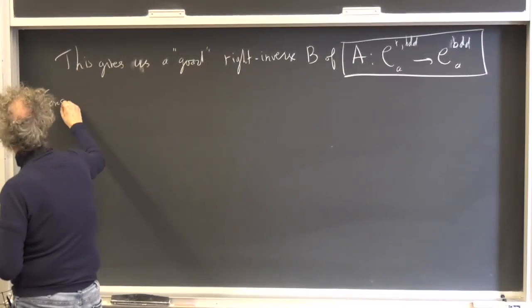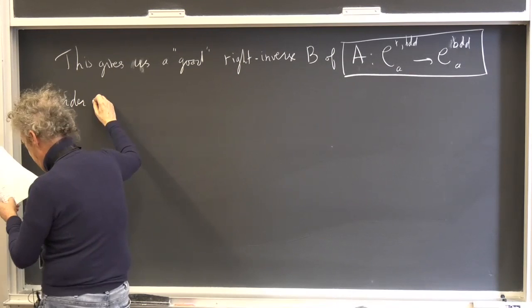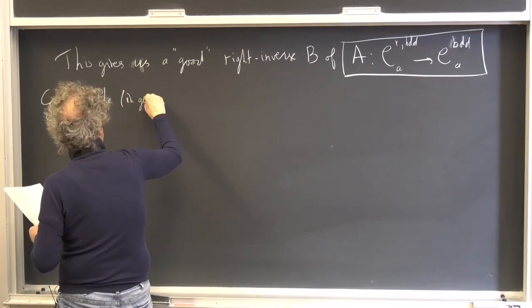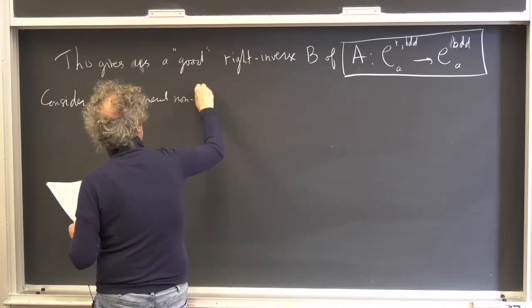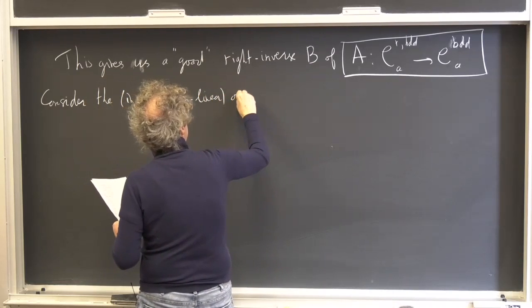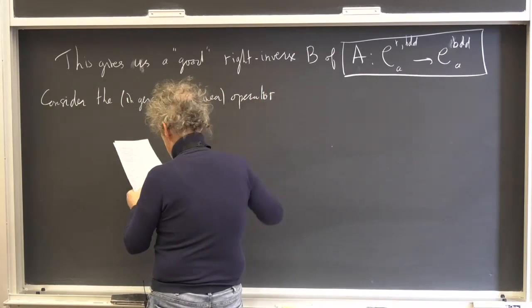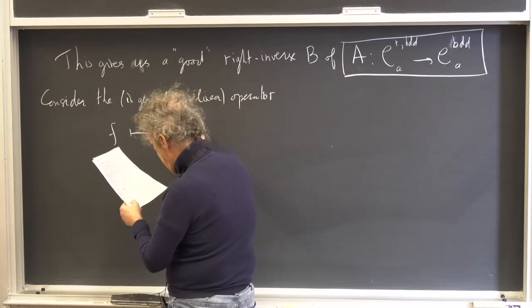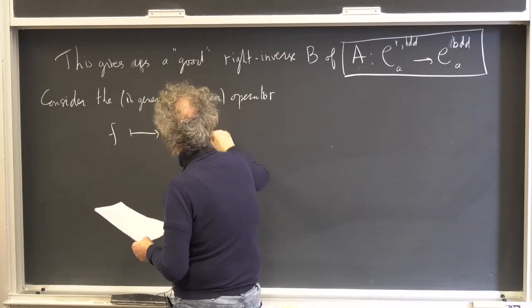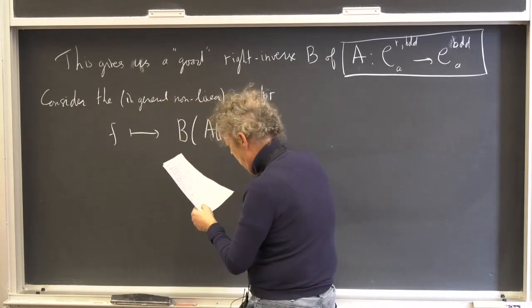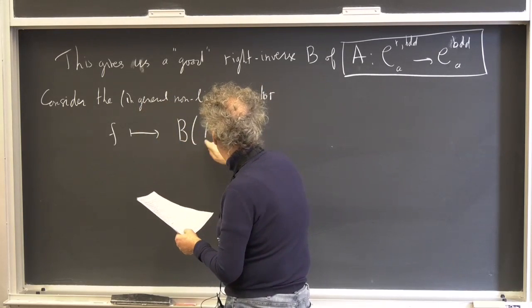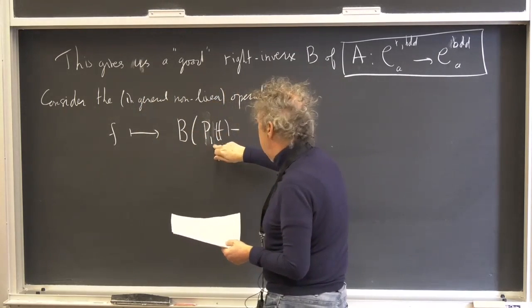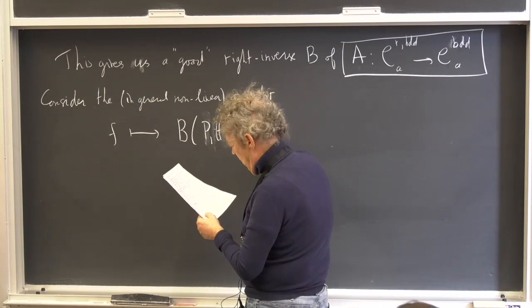Consider the, well, in general, nonlinear operator. F goes to B of AF minus, well, maybe I should write P1F. Of course, AF and P1F are the same thing, but since I write here,